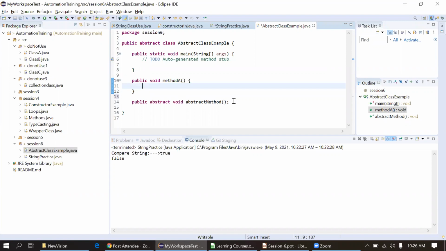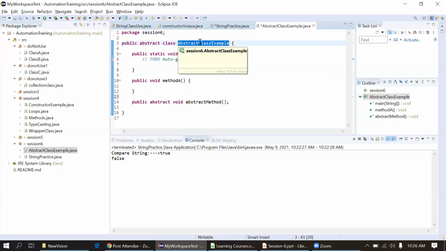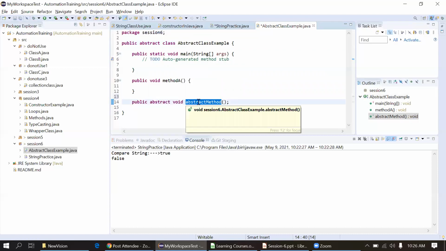But what is the use of this abstract body? Suppose you are going for the next class, and you extend it in that class, we have to implement this body for this abstract method there in the subsequent classes. For now, just remember this part only, what is the abstract class, and in a later section when we go through inheritance, I will show how to implement this method in the subsequent classes.